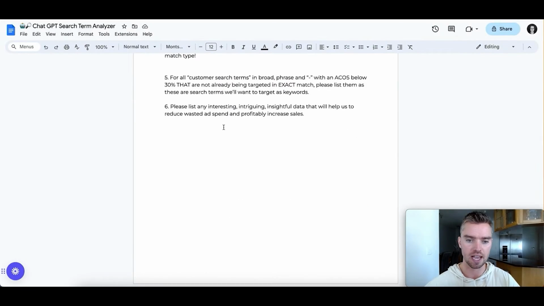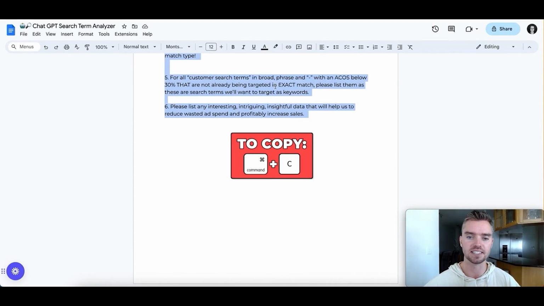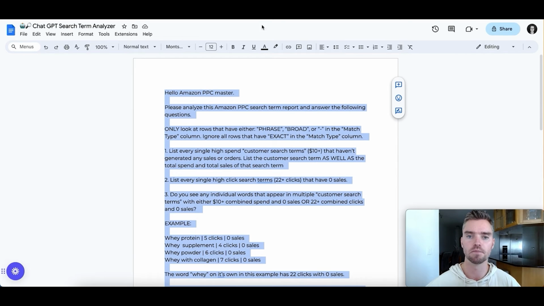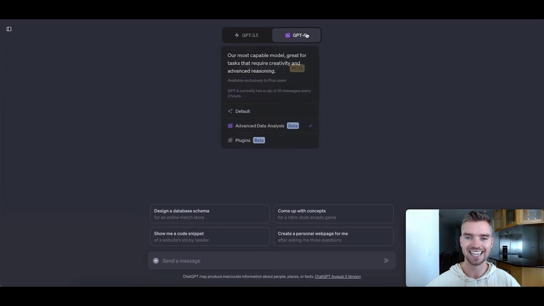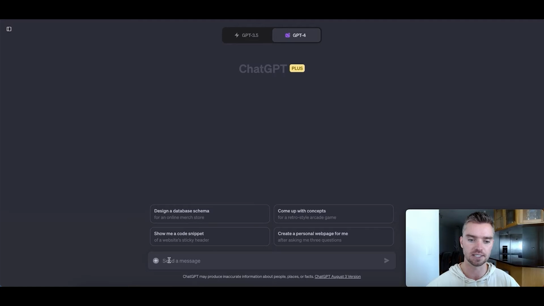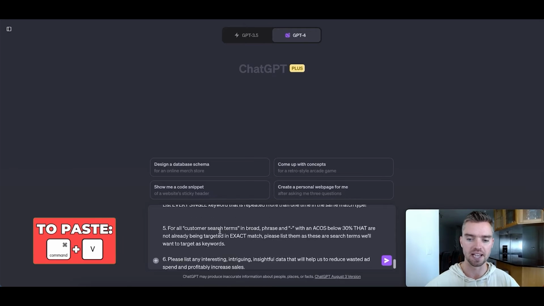So we're gonna go ahead and open this. Command-C to copy everything here, just as is. Head over to ChatGPT, and you wanna make sure that you have ChatGPT 4. And the reason for this is we wanna use the advanced data analysis feature. This enables ChatGPT to analyze and read spreadsheets. So we have a spreadsheet we want to analyze, so that's why we need this, where ChatGPT 3.5 does not have that. So advanced data analysis, Command V to paste here in Mac,